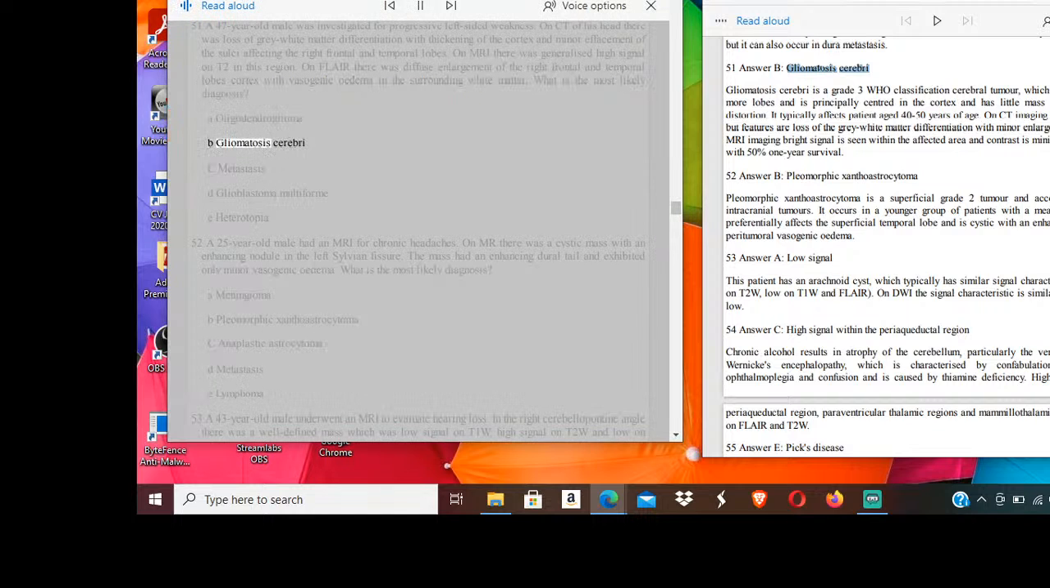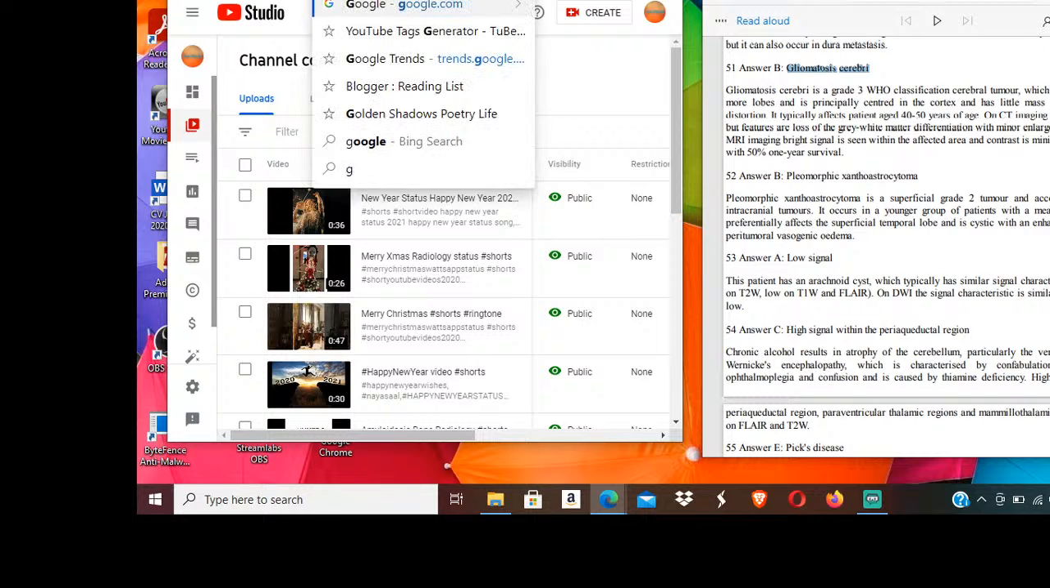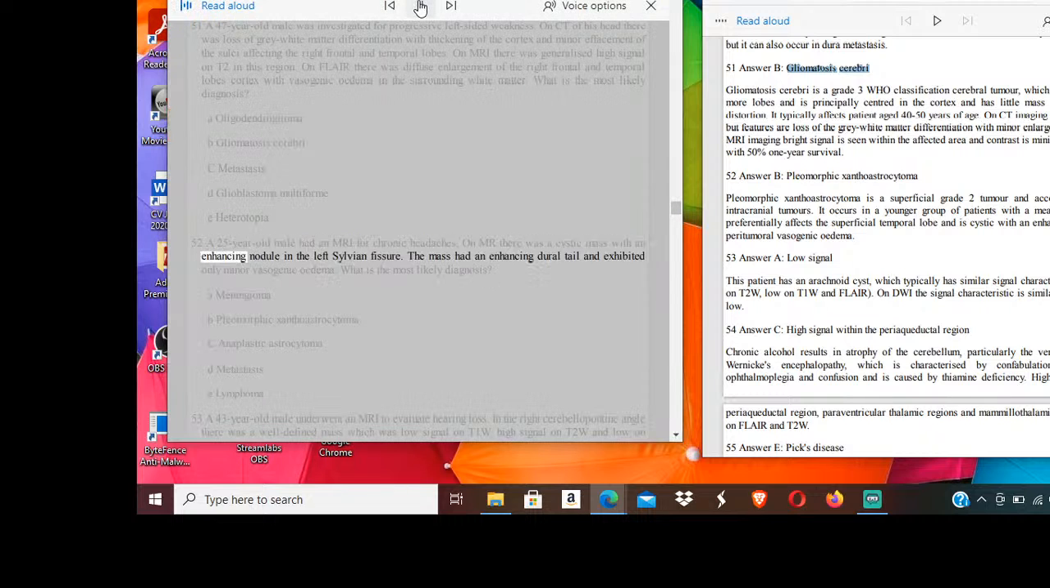A. Oligodendroglioma. B. Gliomatosis cerebri. C. Metastasis. D. Glioblastoma multiforme. E. Heterotopia. 52. A 25-year-old male had an MRI for chronic headaches. On MR there was a cystic mass with an enhancing